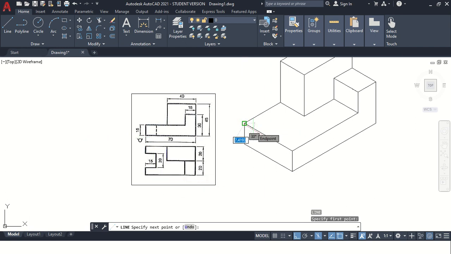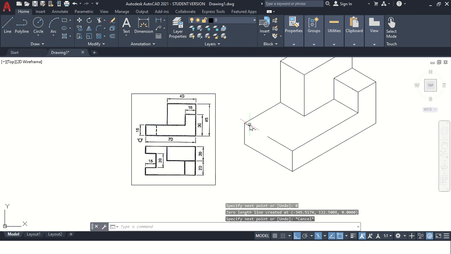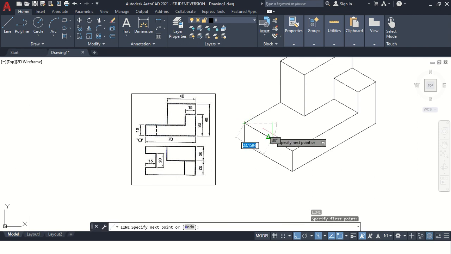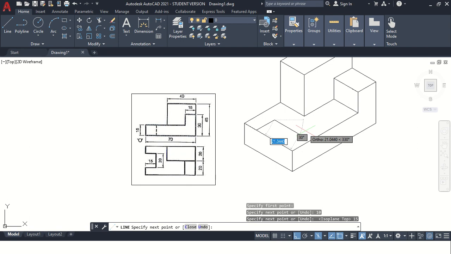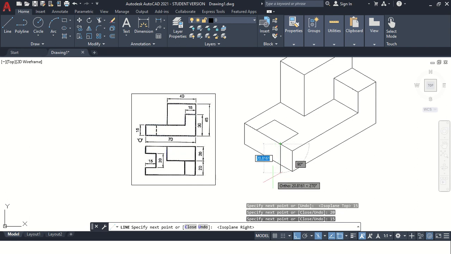So taking 10 millimeter distance, L enter from this point, 10 millimeter, change the plane, 15 millimeter distance, 20 millimeter, again 15 millimeter. Then at that point you can draw a vertical line of 15 millimeter.